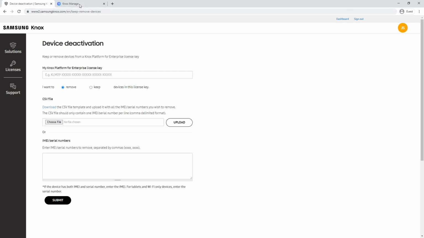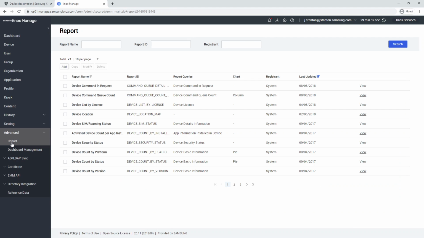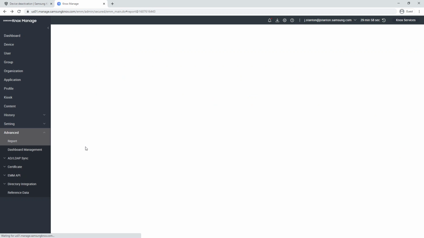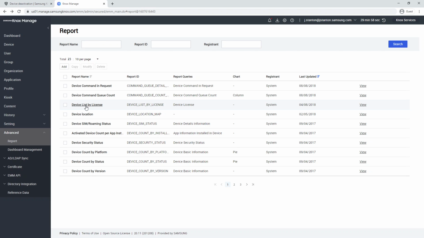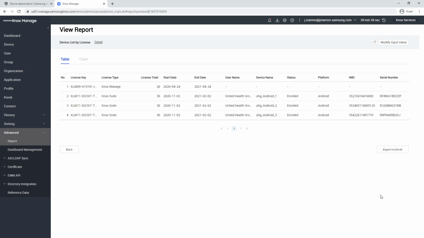For now, what we need to do is go over to Knox Manage and run a report. We're going to go into Knox Manage, click on advanced, report, and you want the report that says device list by license. We're going to actually click view. Another way to do that, by the way, is to just click on device list by license, and then in the lower right corner you can click on view. Either way will get you there. You're going to export this to Excel